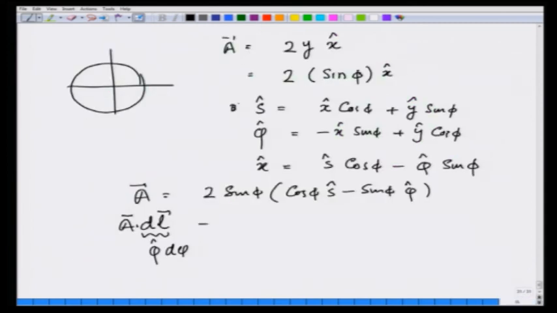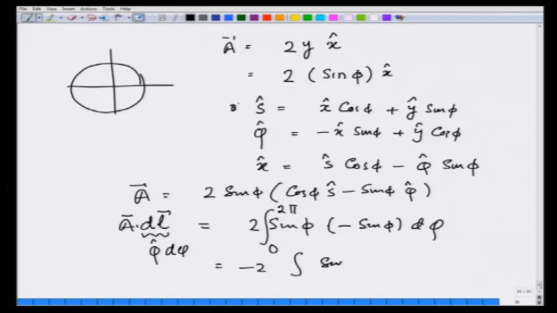So, A dot dl is going to be 2 sin phi times minus sin phi d phi, integral from 0 to 2 pi. This is minus 2 integral of sin square phi d phi from 0 to 2 pi, and this indeed gives you minus